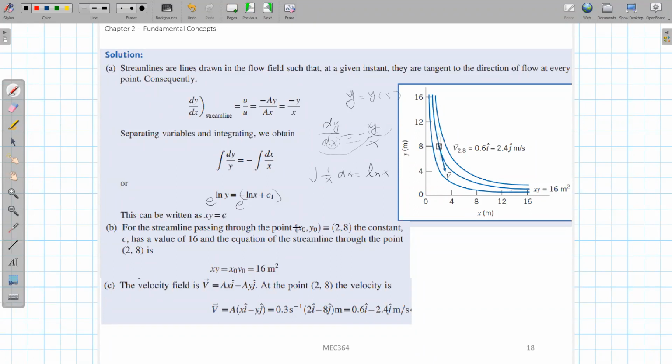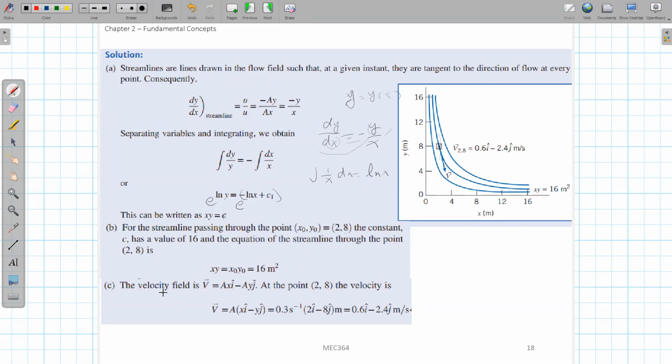Okay, so the second question is that we want to find the streamline passing through the point x equal to 2, y equal to 8. So it's very simple. You just substitute x equal to 2 and y equal to 8 into this equation, so you can find the c value. It turns out that c will just equal 16. So in this case, we can say that the streamline passing through this point is just x times y equal to 16. Okay, that's it. And the next one,